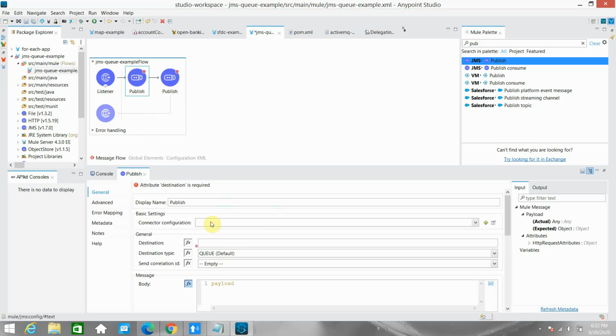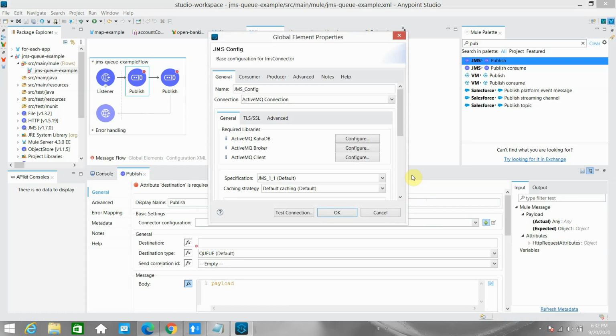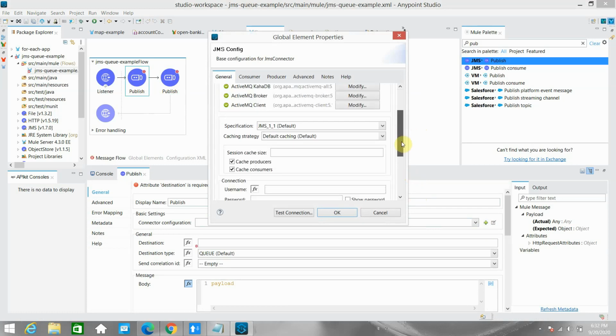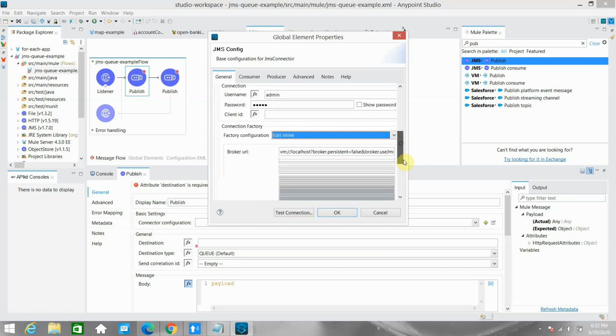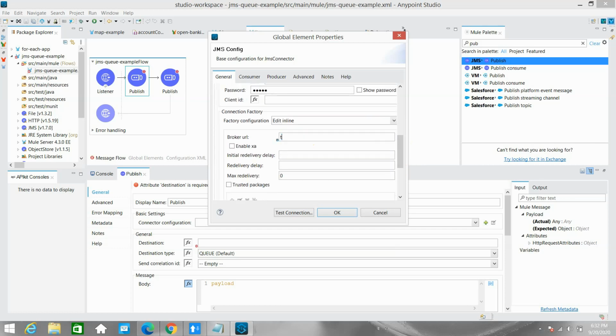So I will configure a connection string. I will click on this and I can give a username. You have to define your driver, and in my case the driver is already there. I will do the factory configuration. In factory configuration, here I will give a correct connection string: tcp://localhost:61616.